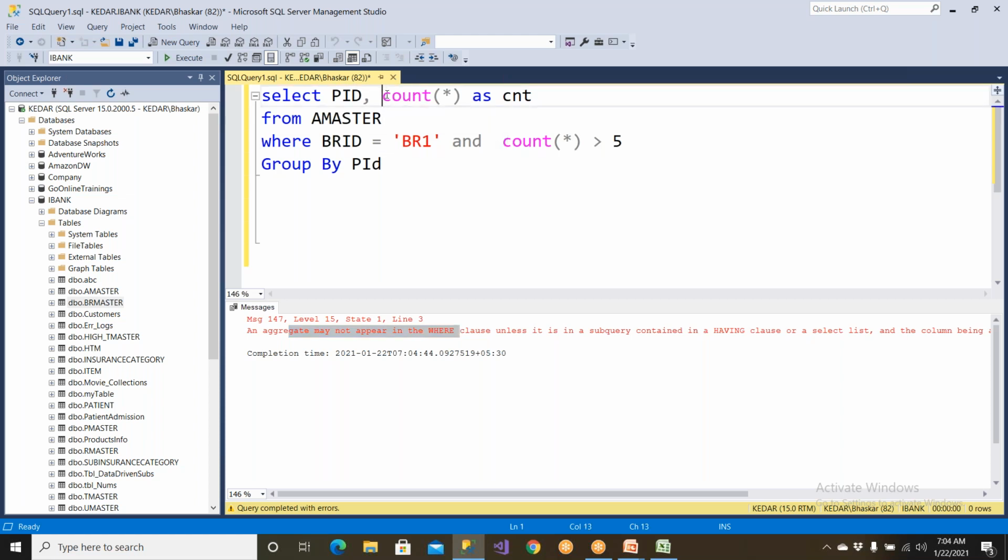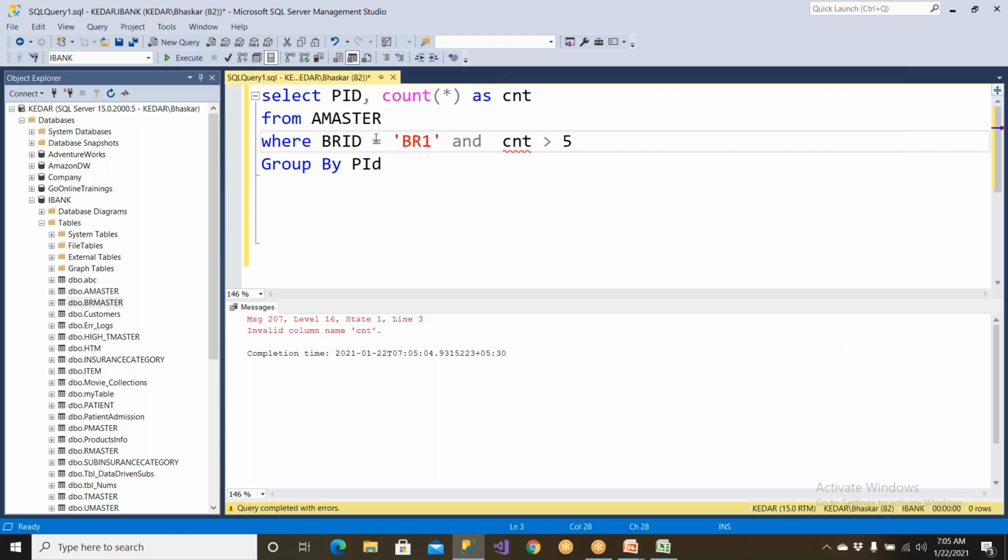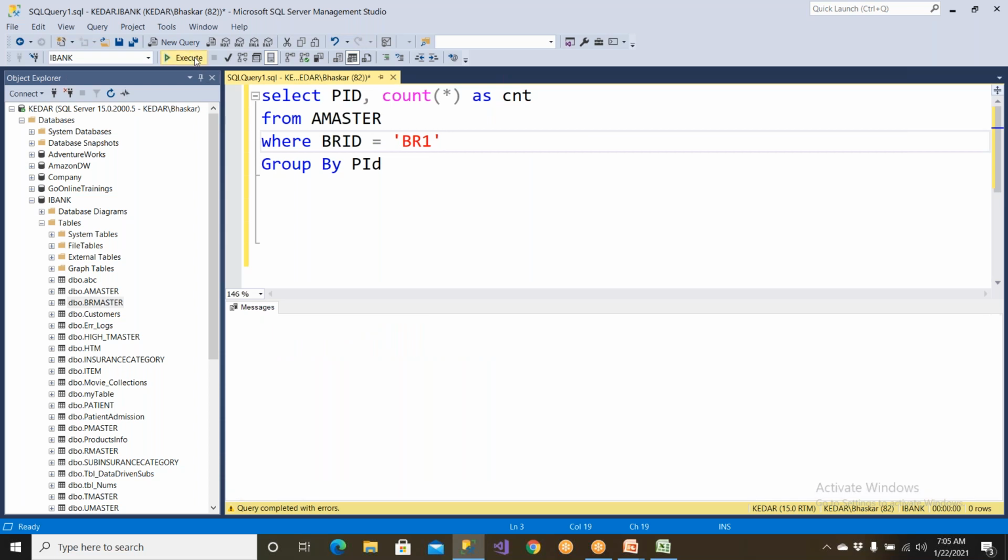You think, so I should not give it like this, I can give an alias. You may think like this also, count greater than 5. Will it work? It is not going to work. Clear? So the HAVING clause has to be used,